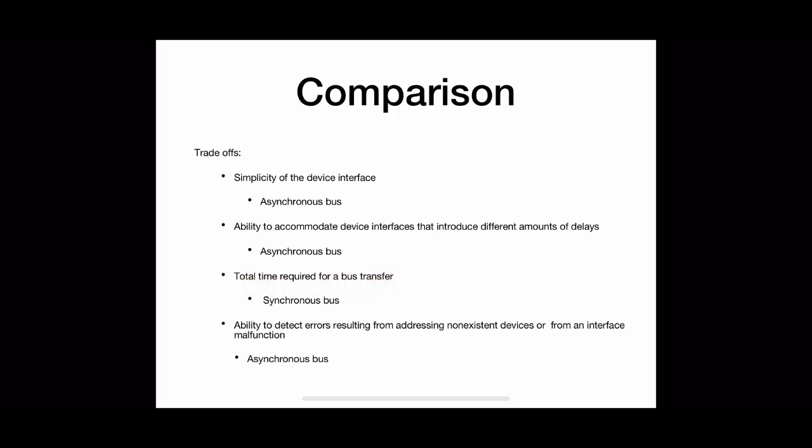Now coming to the third factor, that is total time required for a bus transfer. If we think about the transfer time for these two schemes, obviously synchronous bus will be the winner, right? If we go through the diagram we have shown in the last sequence of events, for an asynchronous bus, 4 different end-to-end delays are involved for each transfer. First, a master ready from master to slave to initiate the transfer. Then after putting the data, the slave will send a slave ready from slave to master.